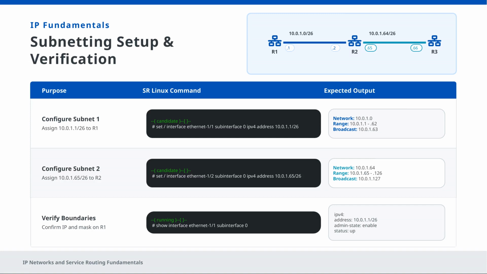Suppose you are given 192.168.100.0/24 and need 4 equal subnets. To create 4 subnets, you borrow 2 additional bits from the host portion, which changes the prefix from /24 to /26. That produces 4 subnets: